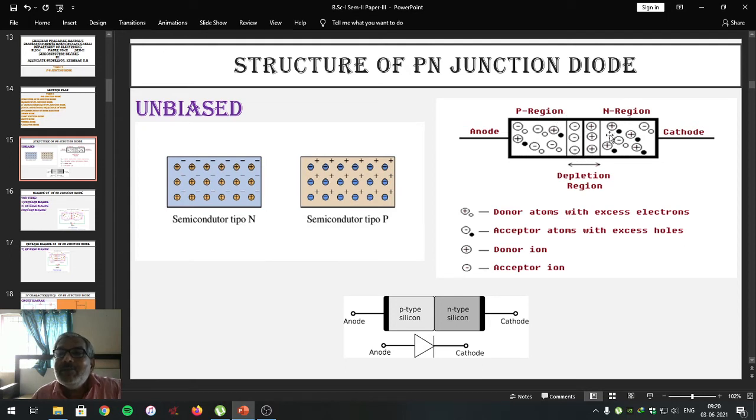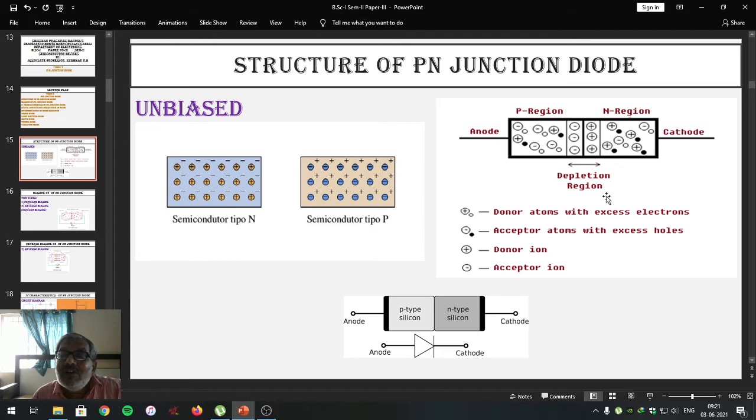Thus, P type and N type semiconducting material are joined together, connected together by the diffusion process due to the motion of electrons and holes from the respective regions, creating the ions, positive ions in the N region and negative ions in the P region very close to the junction, so as to stop further diffusion process. The P region and N region, having the respective majority and minority charge carriers, are kept separated by means of a layer which is formulated across the junction. This layer is known as the depletion layer.